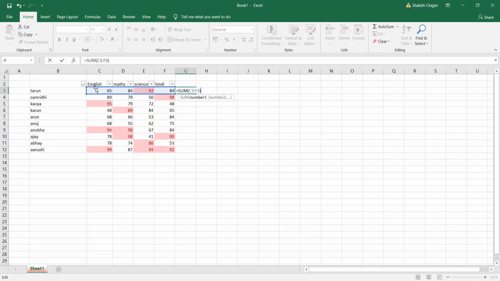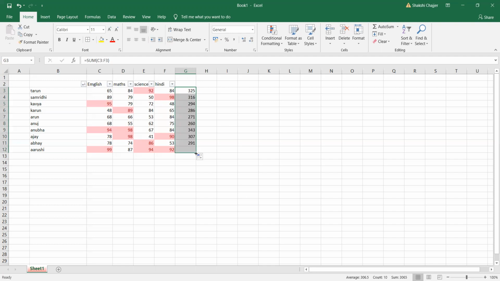Can you see? I want C3 till F5. This is done. Enter. Now I do not have to write the formula again and again. I can simply drag and copy. So here the formula automatically came for C4 to F4. So this is how it made my work easier, and I have got the total.